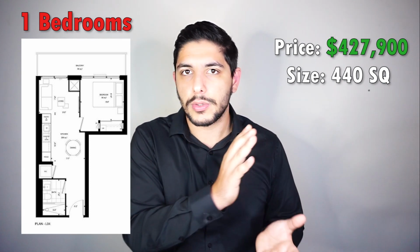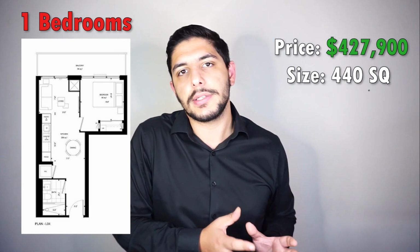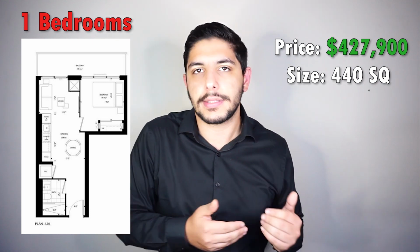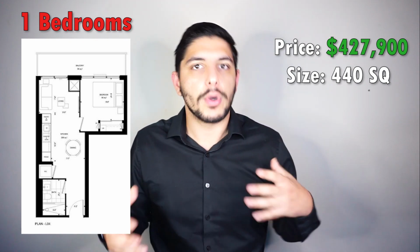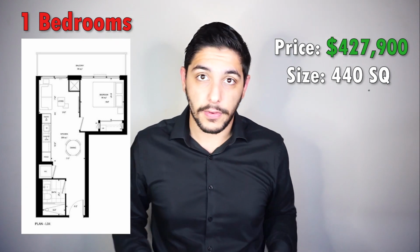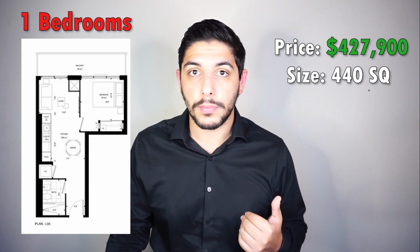Another key thing about this 1 bedroom layout, the Y9825 project, is that the washroom is right next to the entrance. The only bath, because it's a 1 bed, 1 bath, is very close to the entrance and not close to your unit whatsoever. In the grand scheme of things, when you're comparing layout to layout, this is a negative, right? We want to ideally avoid where the washroom is very far from the primary bedroom,